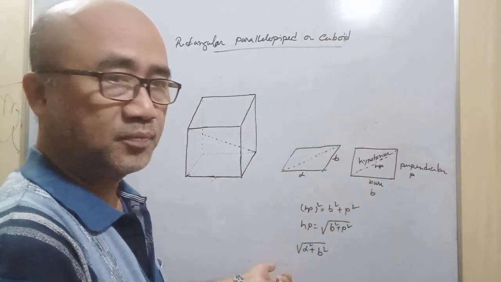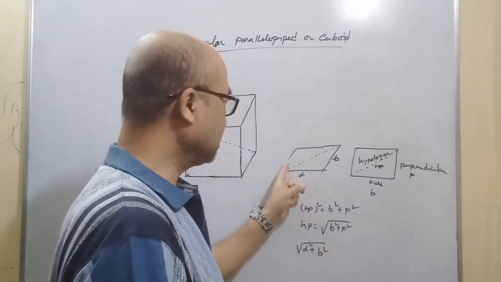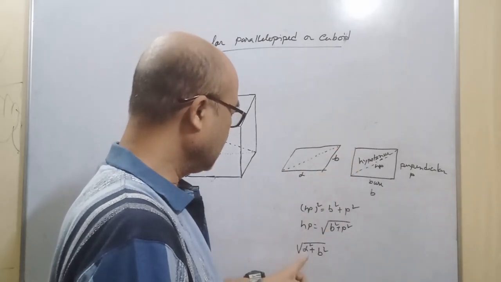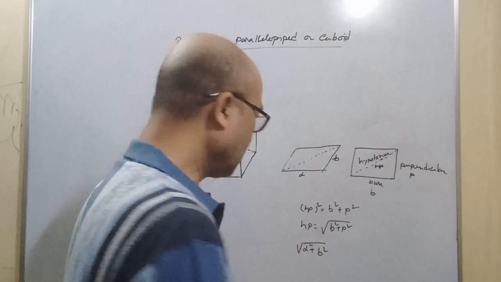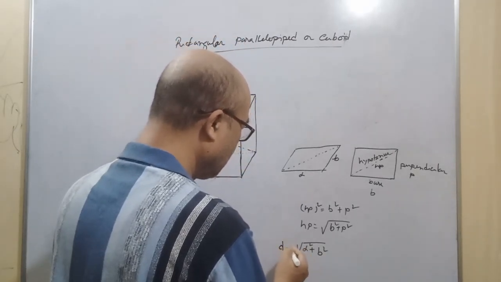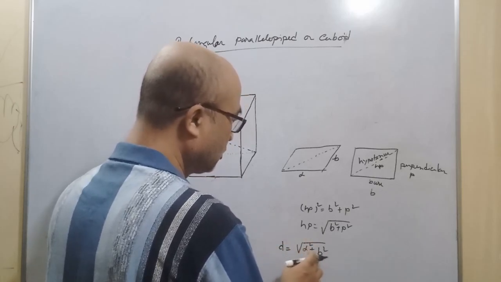Length square plus breadth square is the diagonal square, or if we say this is the diagonal, then the diagonal is square root of L square plus